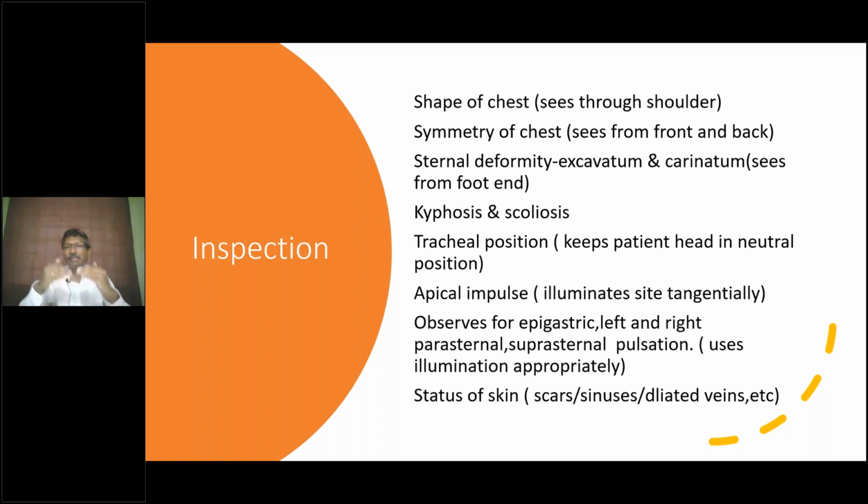See, basically any movement which is perpendicular to the surface of anything, it can be skin, you have to look at with illumination. For example, jugular venous pulse. Again, you use illumination because they are faint pulsations which may be missed. Carotid pulsations do not always require illumination because they are obviously seen. So apical impulses are relatively faint pulsations. JVPs when minimally elevated can also be faint pulsations. So that is why you have to illuminate tangentially.